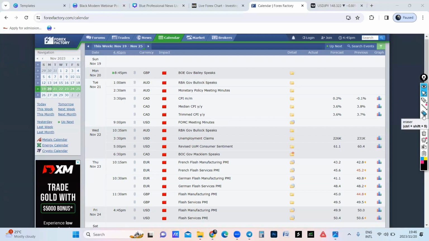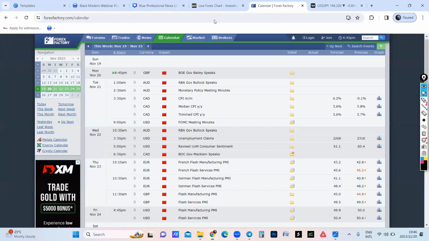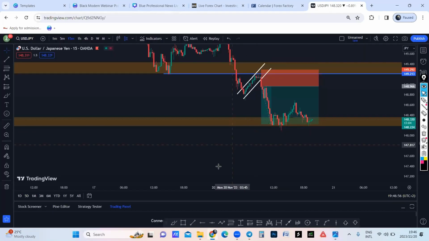If there's a lot of high impact news coming, I don't look for more setups. I just trade a few, maybe one or two setups in a day. But if the market is quiet, and fundamentals are not participating that much, then the indicator is going to give us accurate results. So that's how I break down the market. I start by looking at the overall direction of the market by just looking at this indicator here, and I also dive into the price action just to look for entry confirmations.